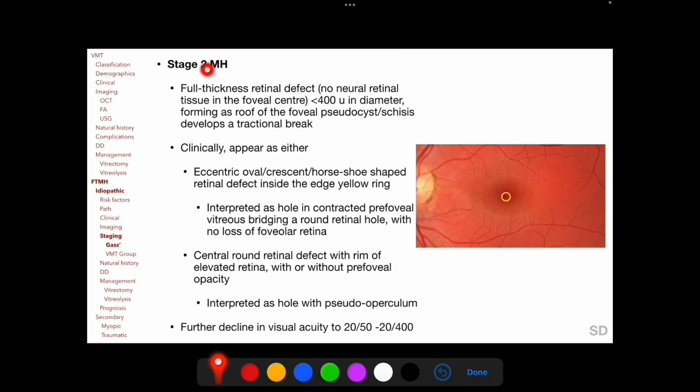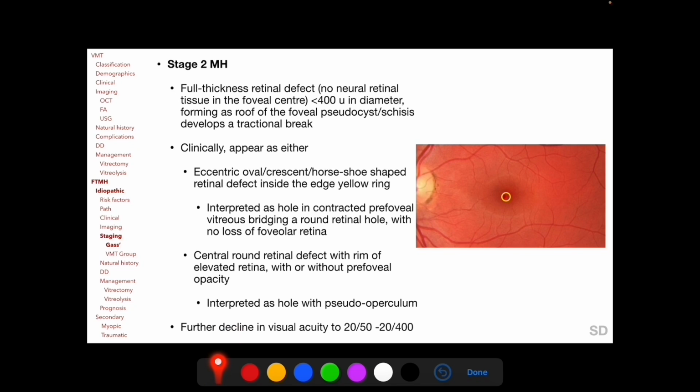In Stage 2 macular hole, a full thickness retinal defect less than 400 micron in diameter is detected due to formation of a tractional break in the roof of the foveal pseudocyst. Stage 2 macular holes appear clinically as either an eccentric, oval, crescent or horseshoe-shaped retinal defect as seen here in this photograph, or as a central round retinal defect along with a further decline in visual acuity to the range